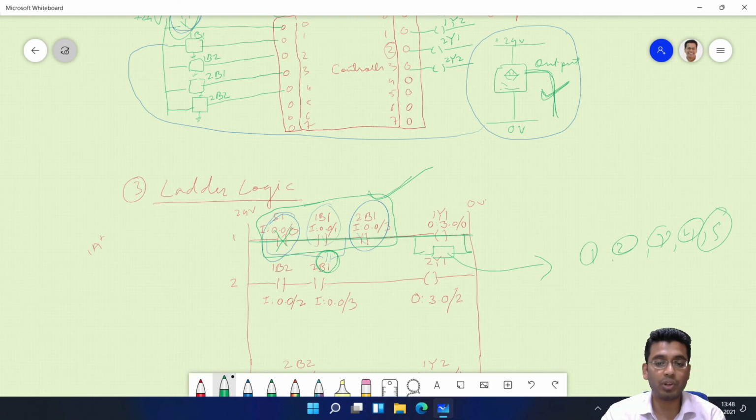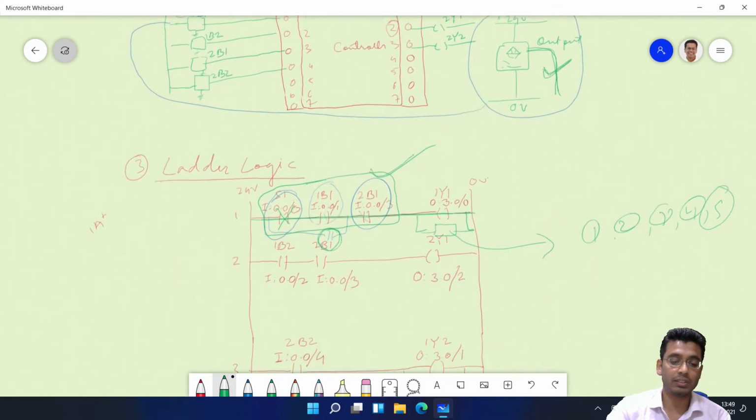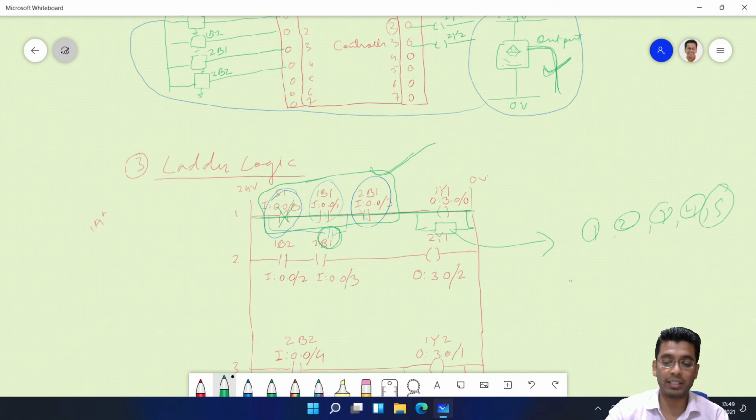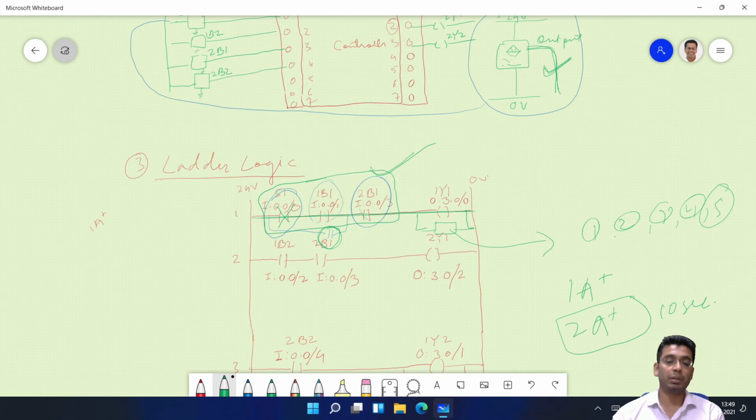Fine. Similarly, you have timers also, so that whenever you want to delay something, suppose you want to delay the extension of the second cylinder. So suppose when 1A has completely extended, now before 2A extends, there should be a time delay of say 10 seconds. That means between these two circuits you are going to put a timer, and that timer delay you can set as 10 seconds, 20 seconds, 1 hour, whatever is the case. So all these flexibilities are added up,